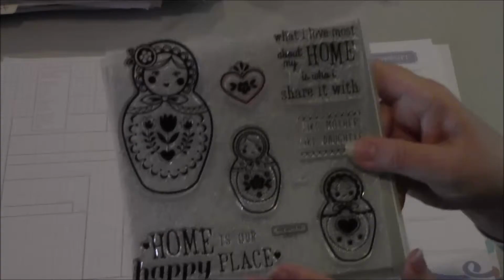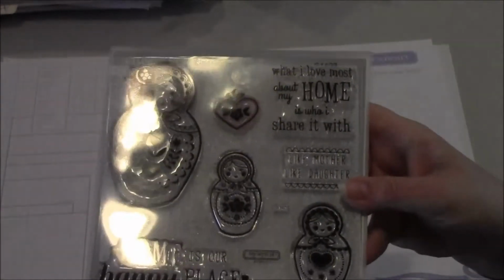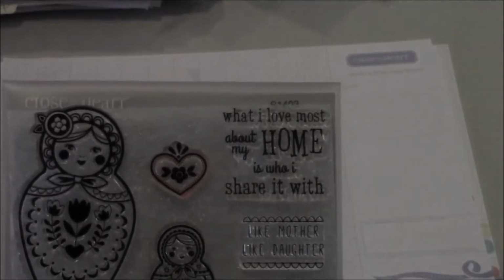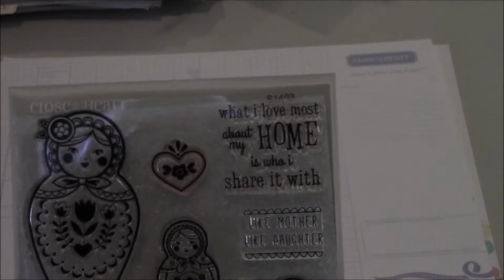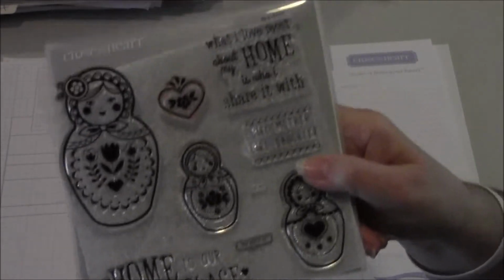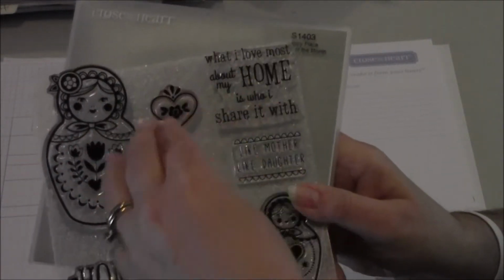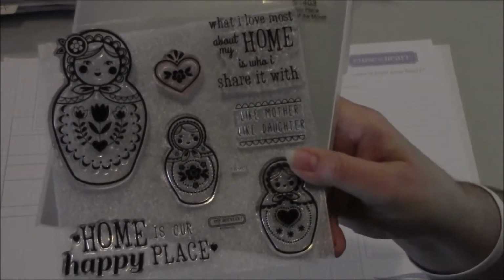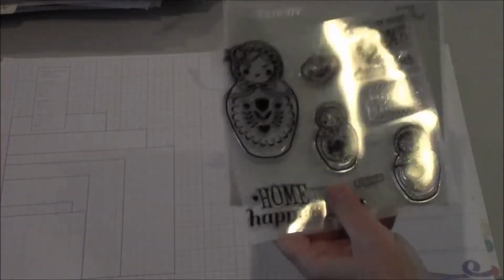Now, none of these coordinate with any of our cartridges. However, I do want to tell you that this heart image can fit inside one of the hearts that you cut using either the Art Philosophy, and I believe there's a heart in the Artiste cartridge. So just because it isn't coordinating specifically on the carrier sheet doesn't mean you can't use these images with one of our exclusive cartridges. So this is the stamp set, and what I want to show you as well is a card that I made